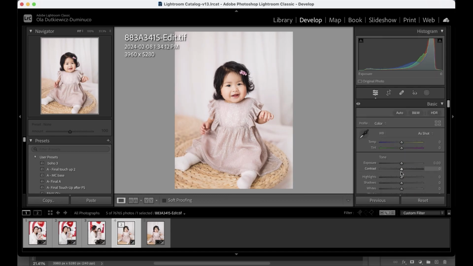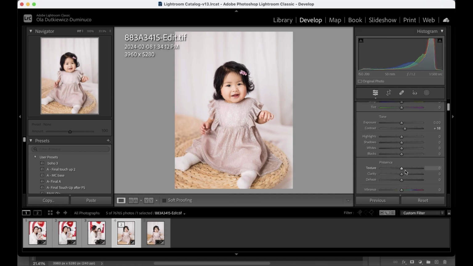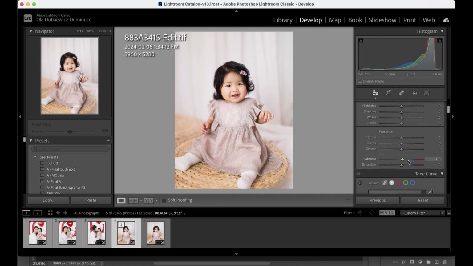Okay, and I would like it slightly more contrasty. And you know what? No, I actually don't like this one. Never mind. Reset. I'll just do myself. So just a little bit of contrast, a little bit of color,